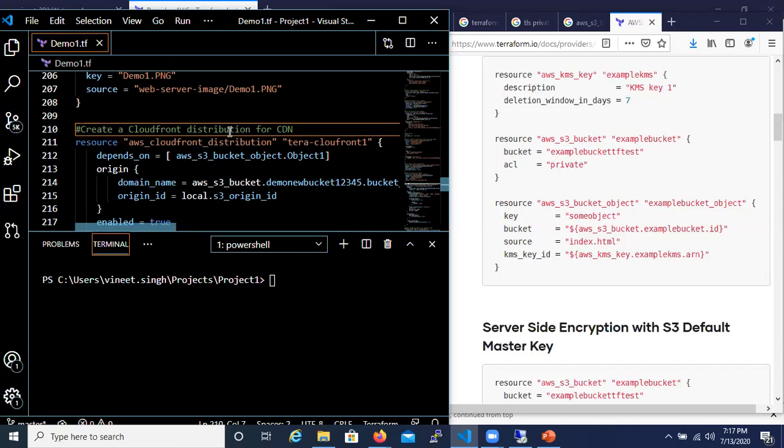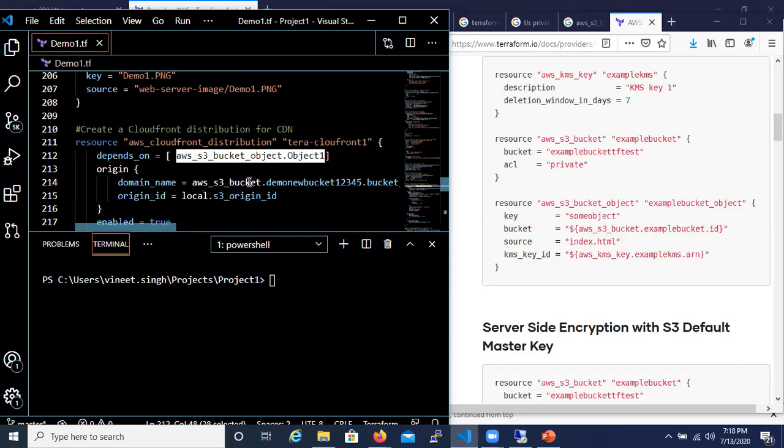So in here, this is the block for CloudFront distribution, and this is the name for Terraform. Again, the CloudFront distribution I have to create only once my object is created in the S3 bucket. So that's why I've given it as depends on the S3 bucket object 1.